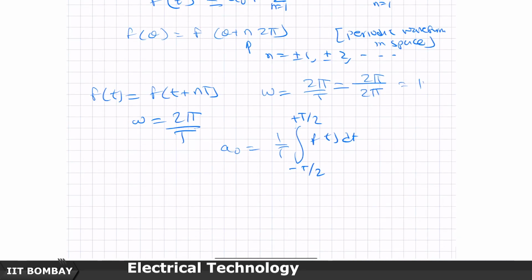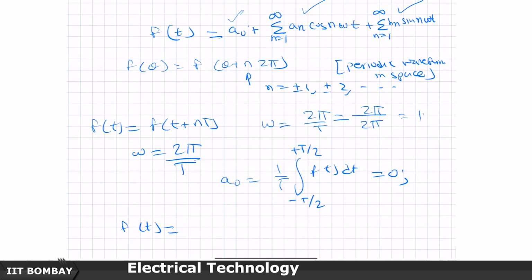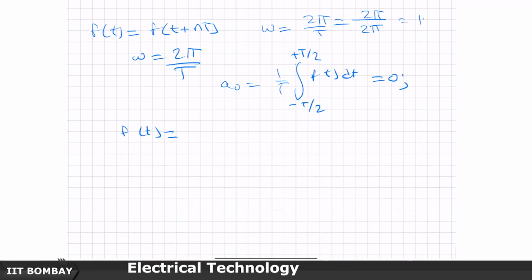So, waveforms like this will have 0 average value. When it has a 0 average value like this, because of the nice symmetry here, then you will only get the fundamental component. This is the fundamental component plus other harmonics,